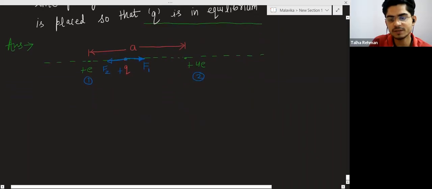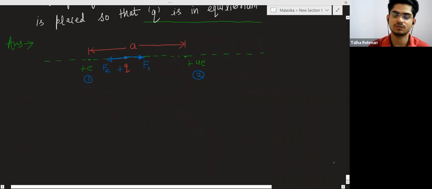This is purely a question of mechanics, not electrostatics. Now we know how to calculate the force. We have the formula K Q1 Q2 by R square. Now if I want to calculate F1, the force in between this and this, it is K Q and E divided by